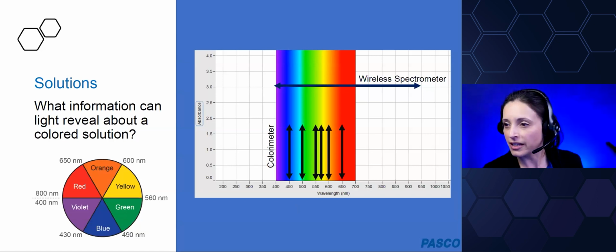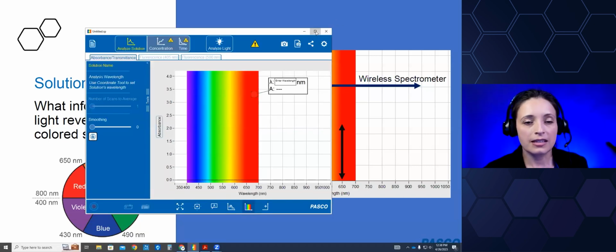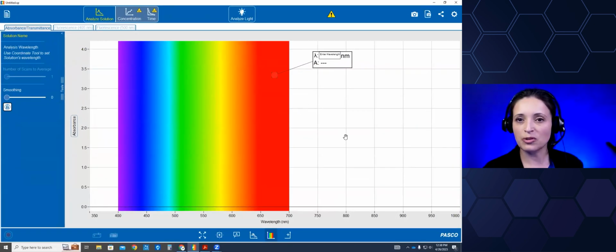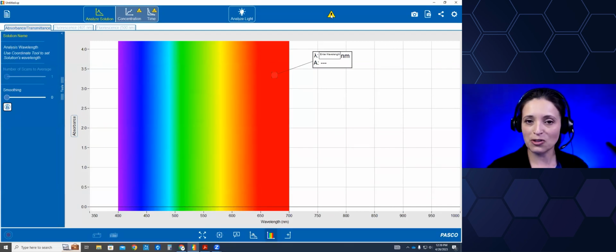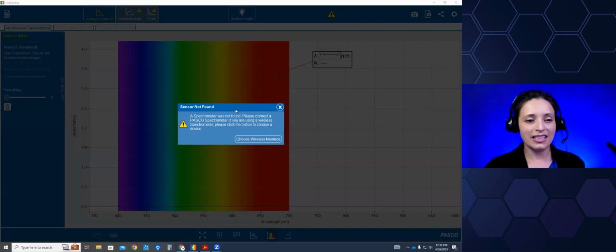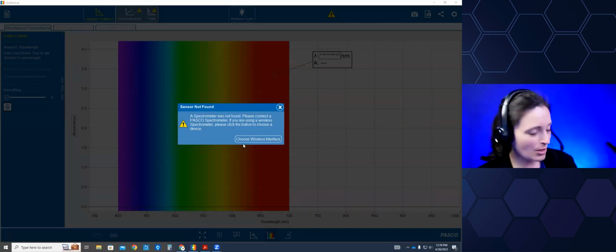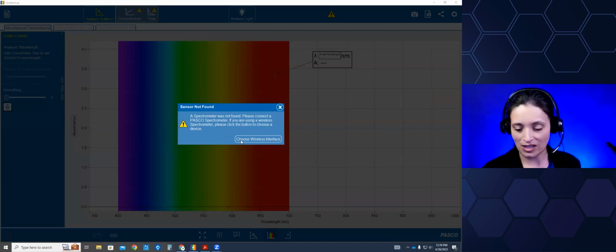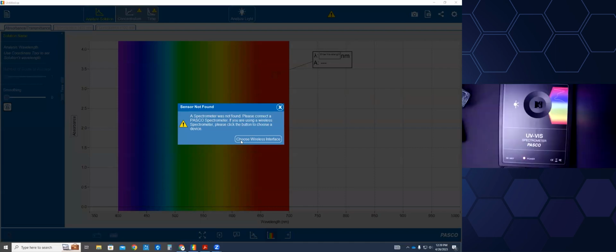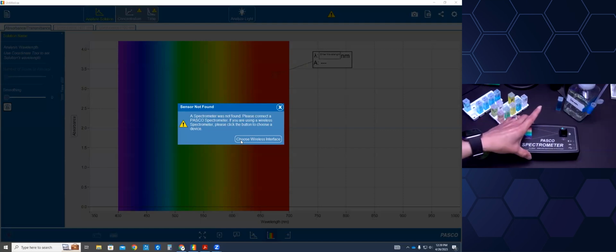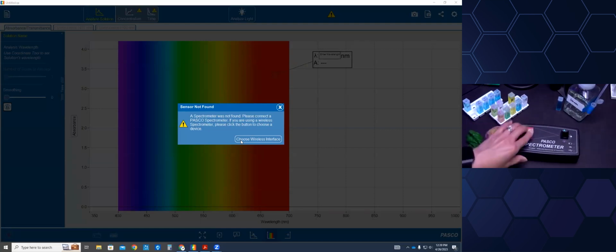Now I'm going to bring over that application. So this is the Spectrometry app. Here's what it looks like when you open it, but actually what happens when you first open it is it does this. It says, hey, you don't have anything plugged in here. We've got to get a spectrometer on here. So I'm going to first demonstrate, and I'm going to switch my camera over to our spectrometer, the visible spectrum